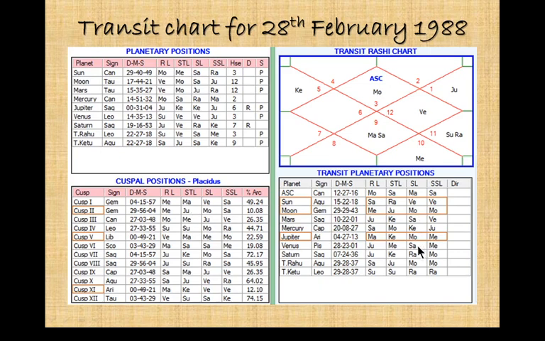Moon was in the sublord of Moon. Moon we have studied here, and sub-sublord also Moon. So Moon we are done with studying. So we are done with the transit, and we understood how these planets were positioned in the right star, right Rashi, star, sub and sub-sub to support the event to happen.